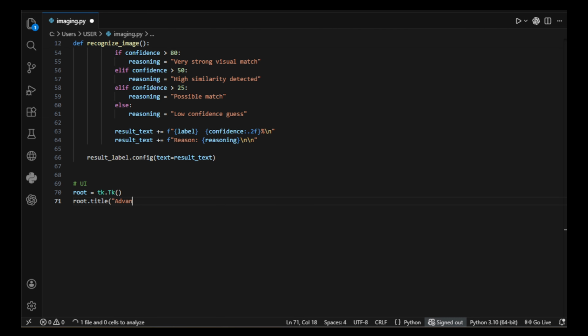Immediately after creating the window, the program sets the title of the application. Next, the window size is defined using a geometry configuration. In this case, the application window is set to a width of 520 pixels and a height of 600 pixels. After the window is configured, we begin adding visual elements to the interface. The first element added is a